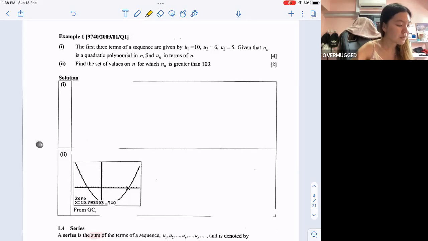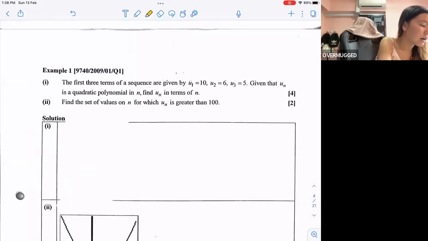So the first 3 terms of a sequence are given by U1 is 10, U2 is 6, and U3 is 5. Given that UN is a quadratic polynomial, so this is the clue I'm going to give you. What is a quadratic polynomial? It means that UN